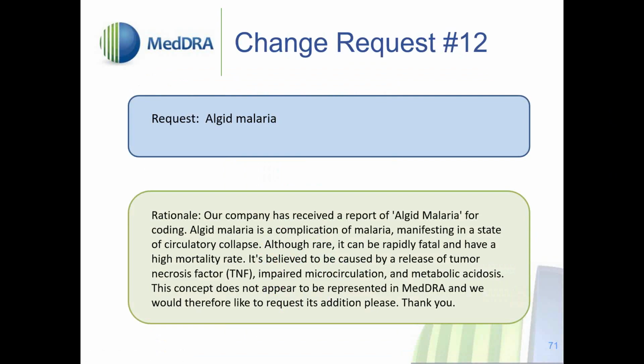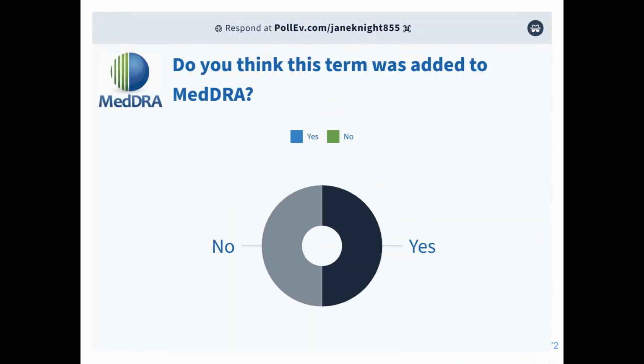Although rare, it can be rapidly fatal with a high mortality rate, believed to be caused by a release of tumor necrosis factor, impaired microcirculation, and metabolic acidosis. So good rationale again, explaining exactly what it is, how it manifests, what causes it as a complication of malaria. But important by the looks of it. Would you add this one? Yes, seems like